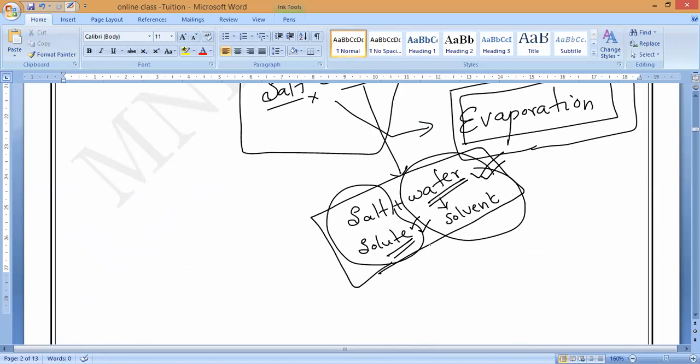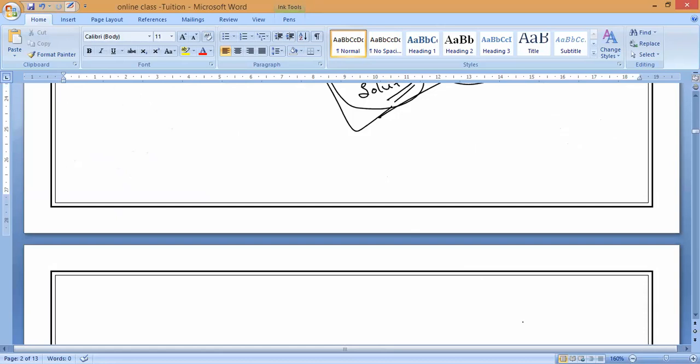So to obtain salt as well as water, we are going to use another kind of separation technique. The technique is called distillation. What will we use, guys? Distillation. By evaporation only we can obtain salt from salt water. Is it yes or no? Yes, sir. We will obtain only salt from salt water.